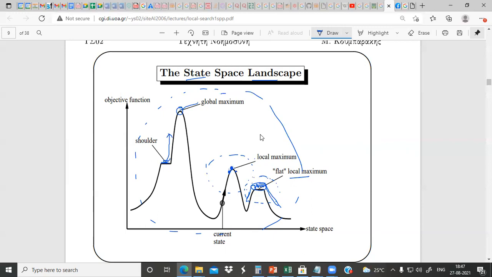Of course, assume that you are currently here. Now if you travel this way, after a period of time you will go down. But if you travel this way, after a period of time you will go up, and it is highly likely that you will reach the global maximum, right? So our ultimate objective is to reach the global maximum, because this is the best point. There is no other better solution than this. Okay. So here we are understanding the state space